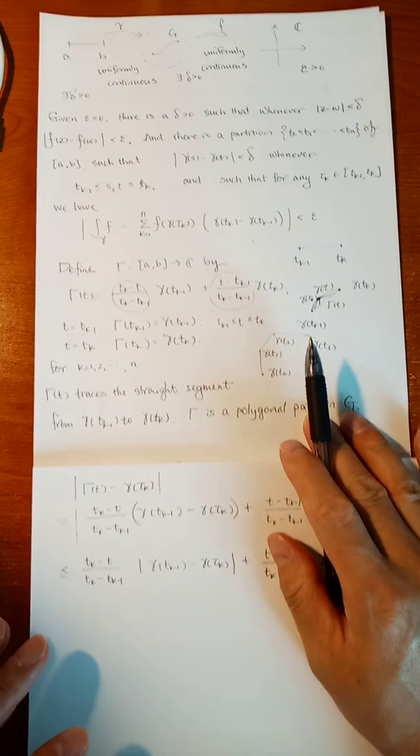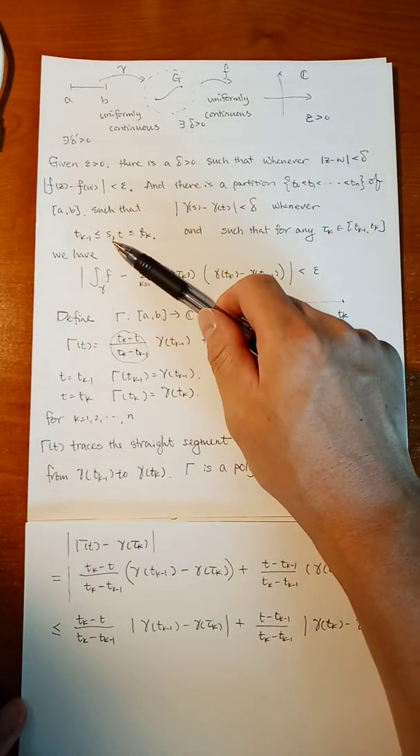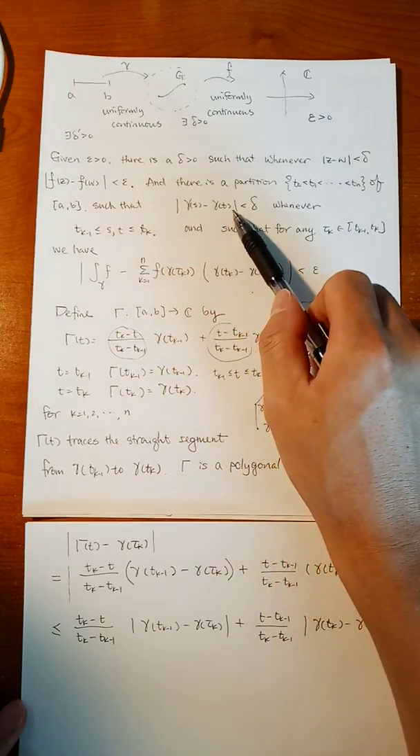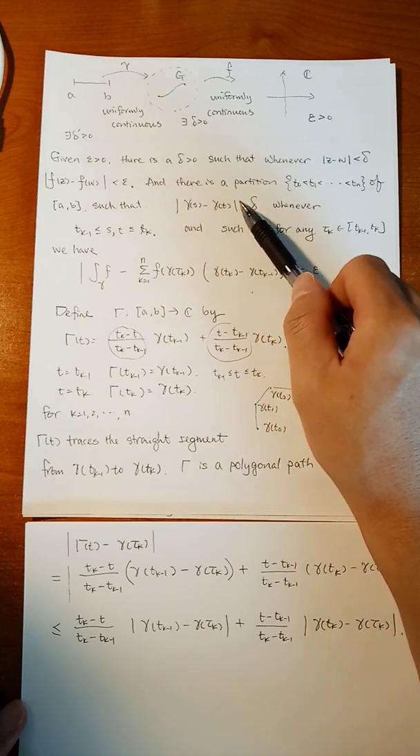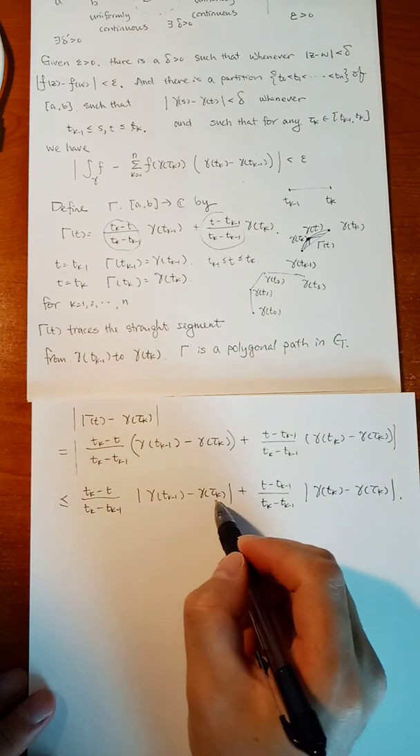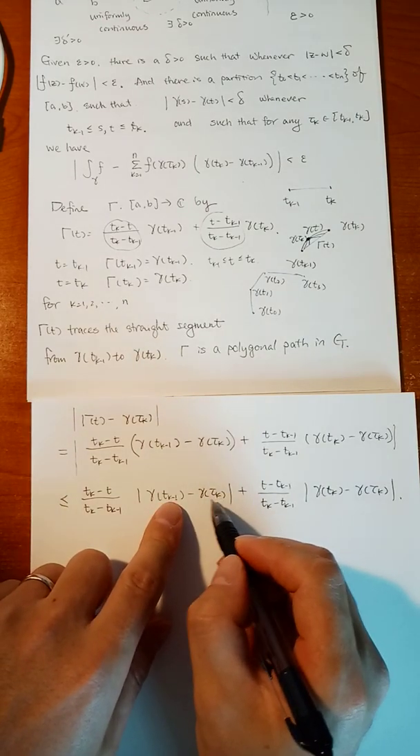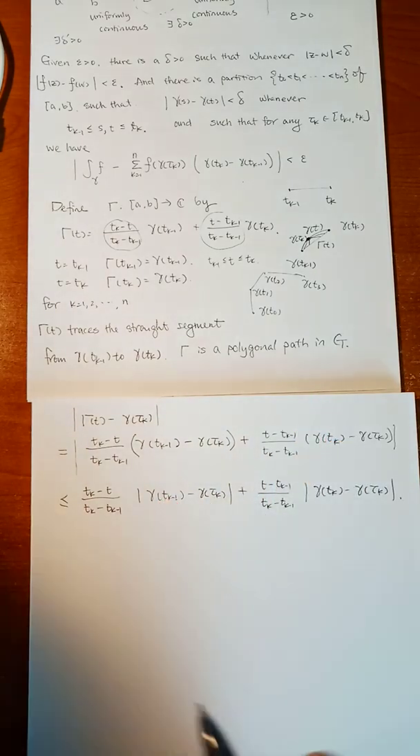And then we're going to use this property: whenever you have a pair of points from one single subinterval, the absolute value of the difference will be less than delta. This one is one of the endpoints, and this is an arbitrary point from the interval, so they are both selected from one single subinterval. So it's less than